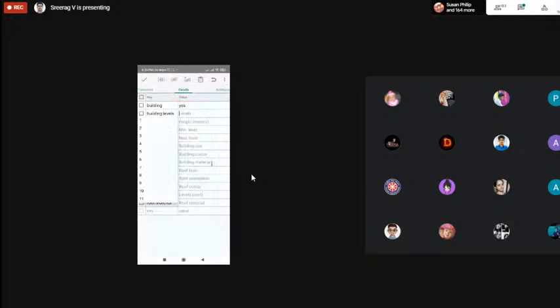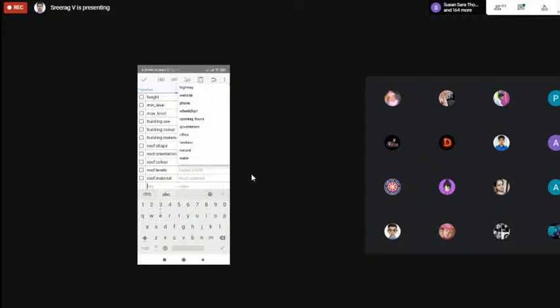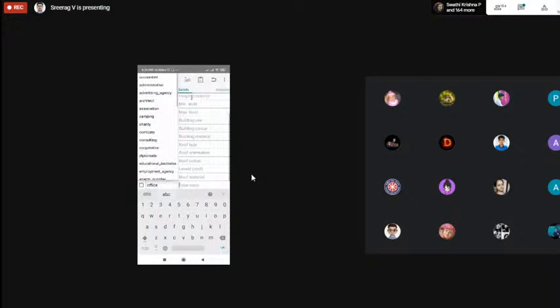So in that you can add various tags. So here I am mentioning it as office. So it's an office. It's actually a government office. For that,